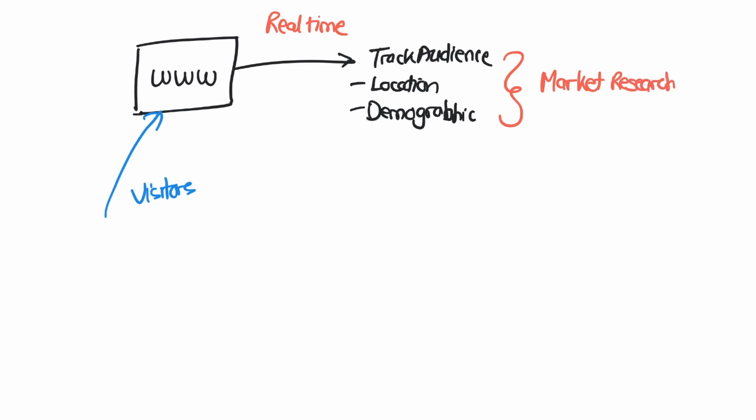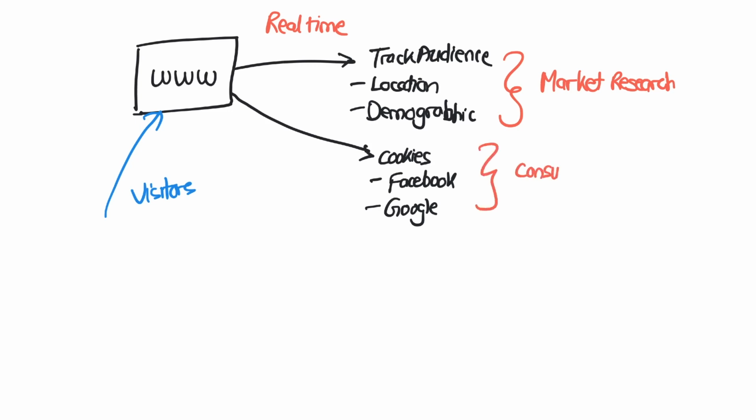Now, in the same way, suppose you use some cookies on your site in order to understand what exactly your user is up to when he's on Facebook, or what exactly he is up to when he's on Google. Here, if you understand, you're basically trying to unearth a lot of behavior of his or hers which he is not sharing with you straight away, which means that you are finding out more about the consumer behavior. You are trying to find out about their affinity and everything else. And mind you, all of this is happening in real time.